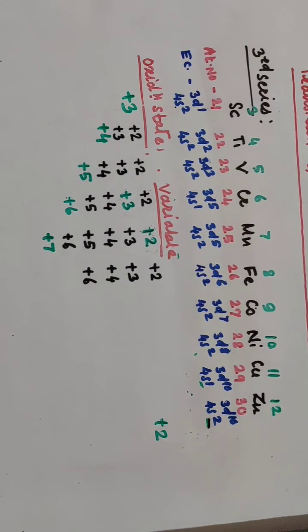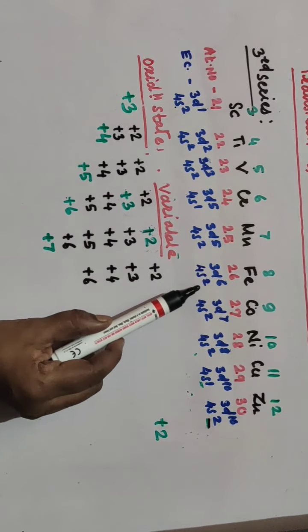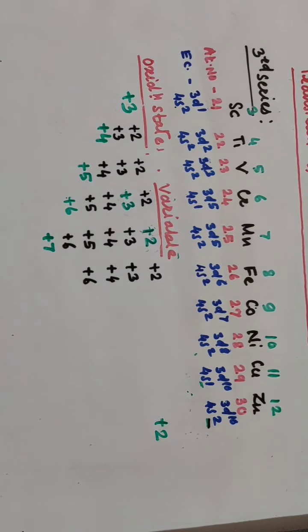So in case of Fe, these are +4, +2, +6. +5 is not possible because one electron pair is present there. 5 electrons are placed singly and then pairing takes place. So one suborbital is completely filled. It contains a pair of electrons. So the remaining 4 electrons are only available to donate.